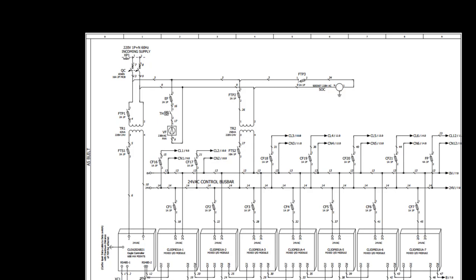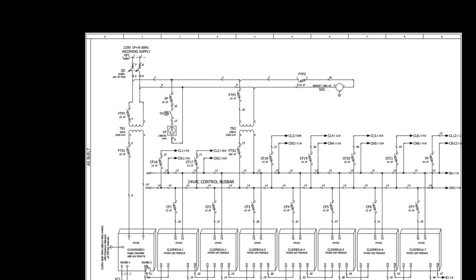As you can see here, from the controller we have two RS485 ports. These are for communication. One is going to the XC1 2 terminals. We have terminated it for later use, if we have to use it for Modbus or connect it to a slave panel, so we can use this terminal.